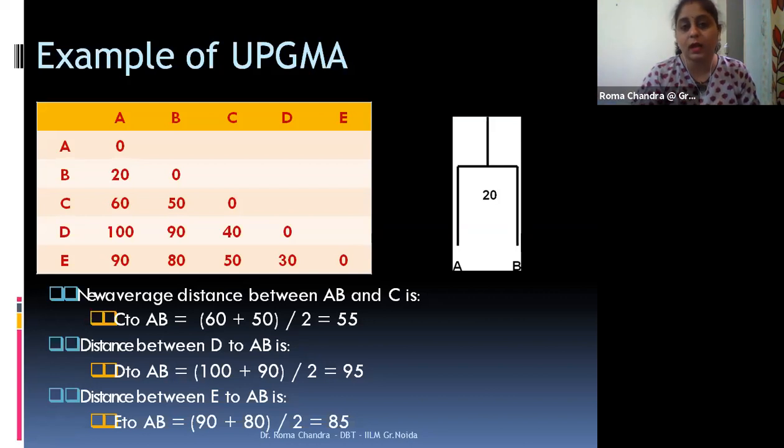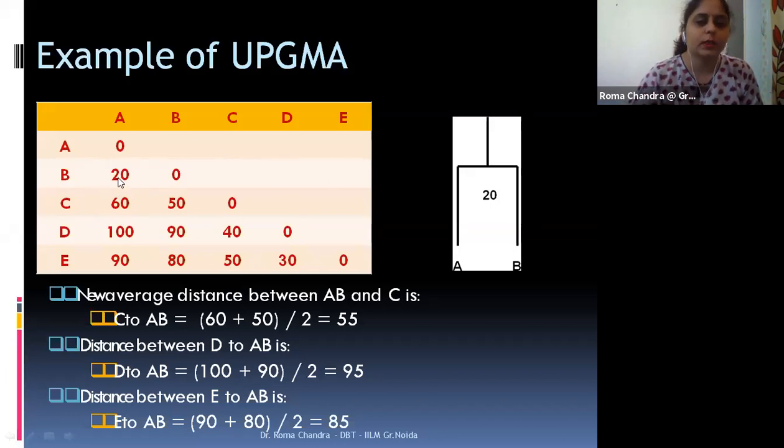Now we want to start with the process of tree construction. As it is a distance-based method, we need to understand that minimum distance represents maximum similarity. So we will try to search for the minimum value. Obviously, we will not consider the zero values because these values are between the same sequence, and we are trying to find a relationship between two different sequences. So the zero values are neglected. We will consider all the other values, like for example, the 20. You can see in the matrix, the minimum value out of all these is 20 here.